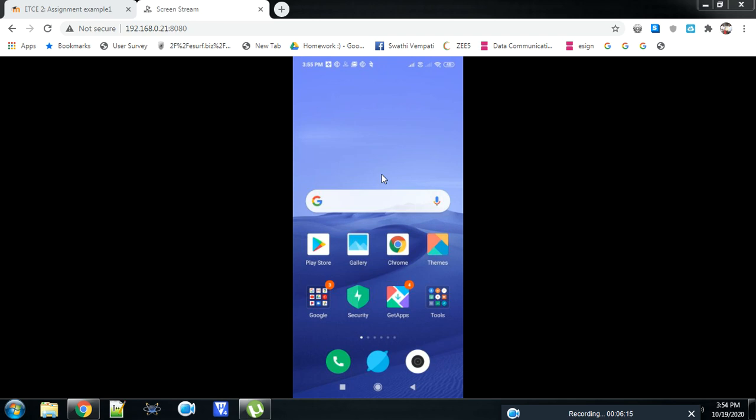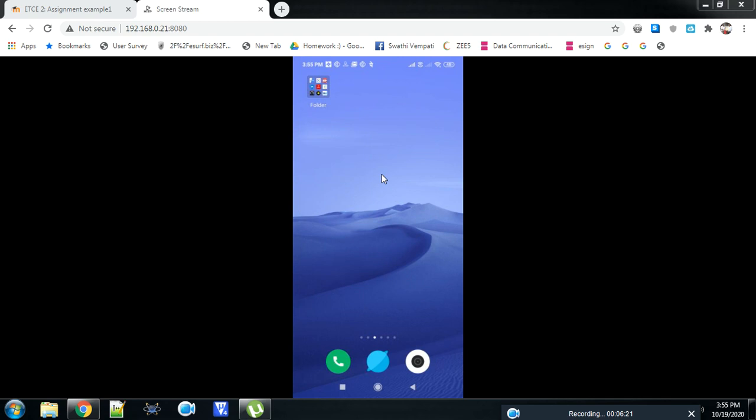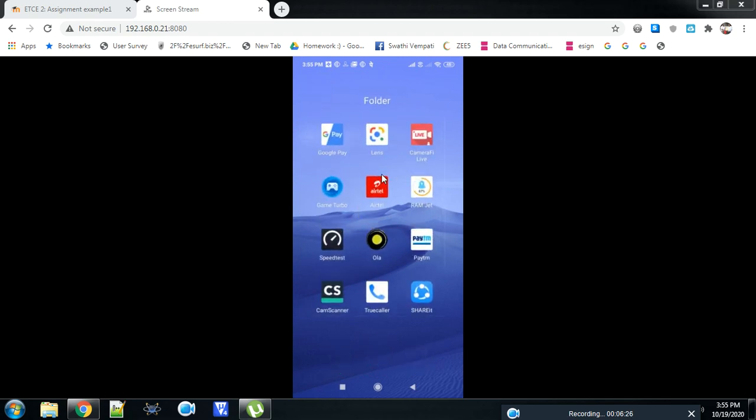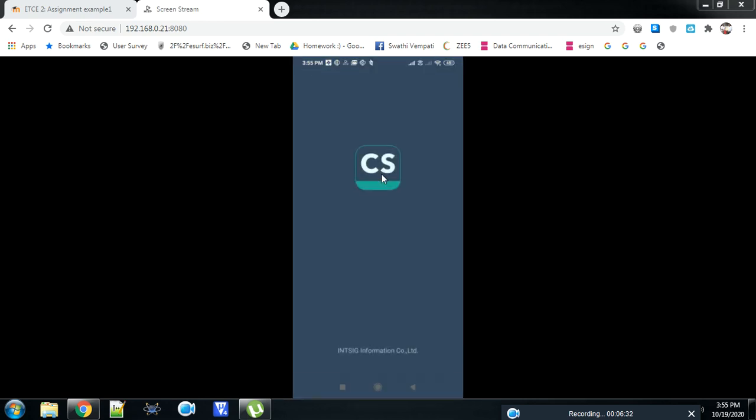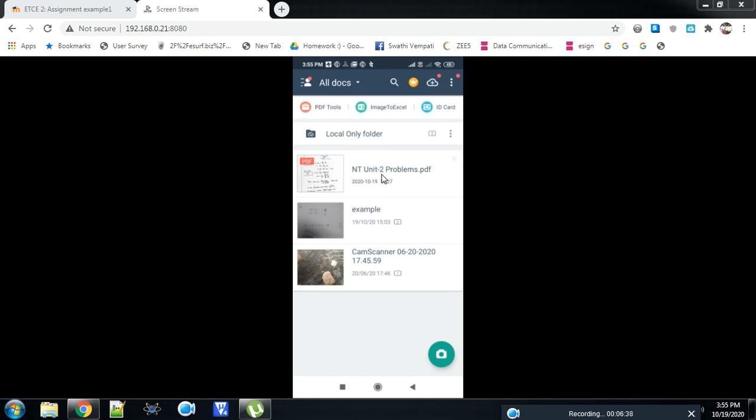I want to show that. Now I want to make a PDF. For that you download CamScanner, or maybe your mobile has some other app. I don't know, but most of the time I suggest this one. This is the best one, CamScanner. So from the Play Store you download this CamScanner, and go to CamScanner.